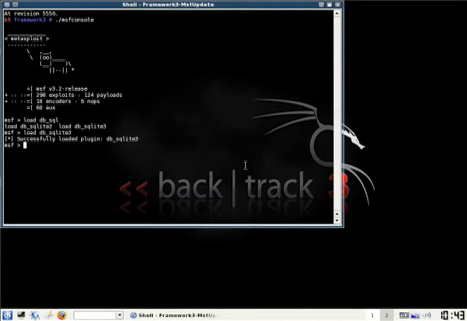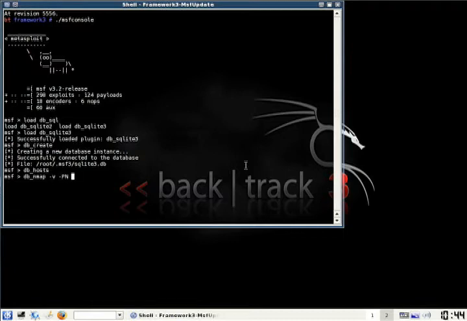Alright, so now that it's loaded, we can create our database like we did before, doing db_create. And to check to make sure that everything's set up right, we can type db_hosts, and if it's empty, then it means that everything was created correctly. Now we can run nmap. Because we're actually in a root shell, we're able to run more advanced commands.